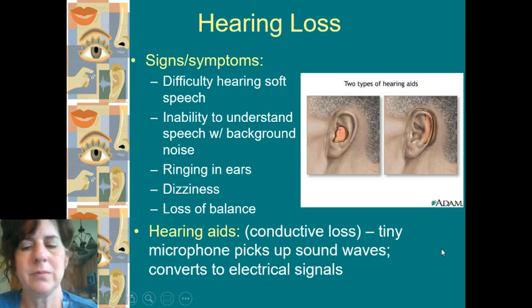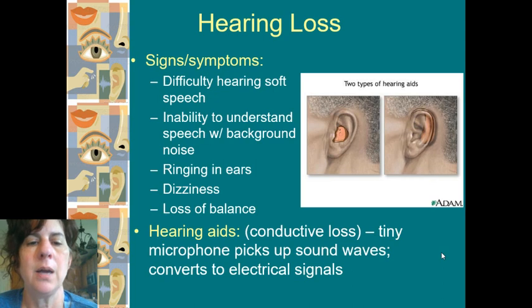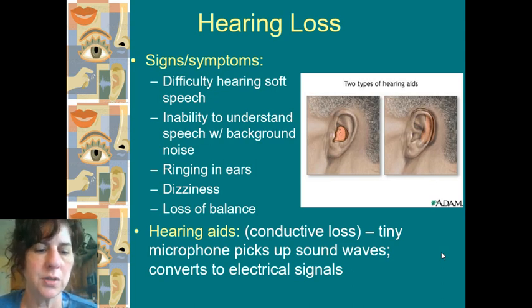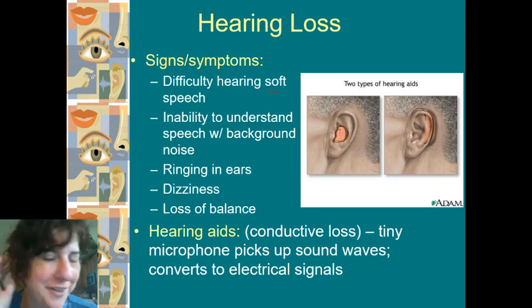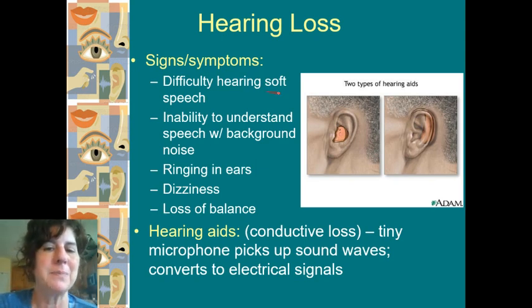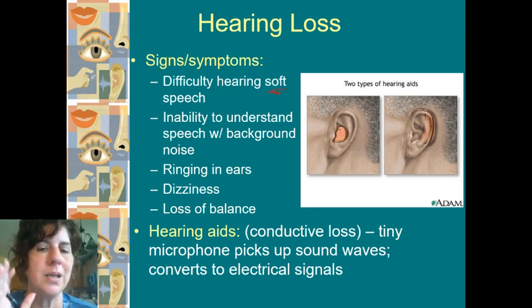As we age, things start to fall apart. So hearing loss is one of those things that we will notice. And a lot of times it's so gradual over such an extended period of time that people really don't notice that they're losing their hearing. But some things can indicate there is a loss. You start having, "I'm sorry, I didn't hear you, speak up." So soft speech, you lose that ability to hear really, really soft speech.